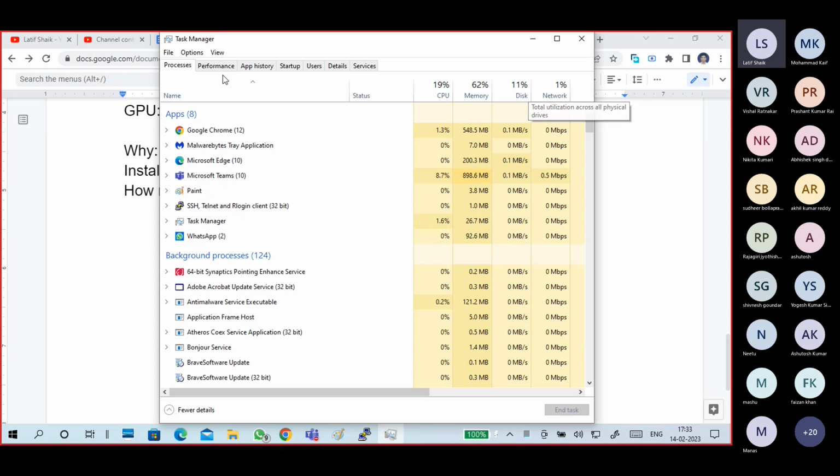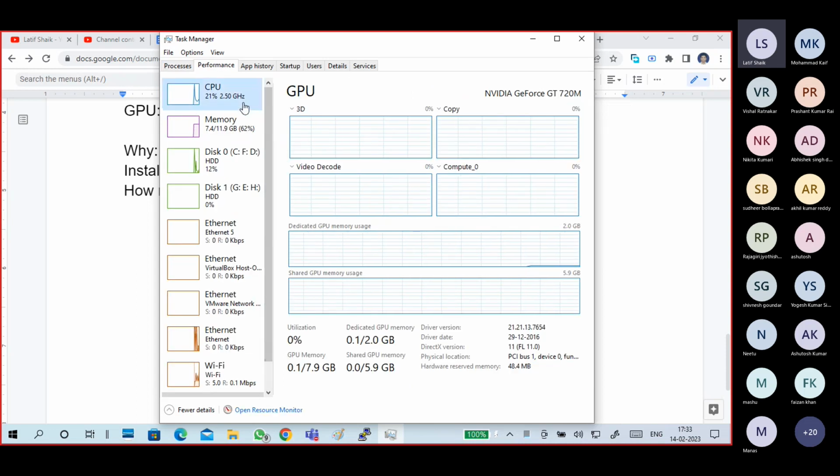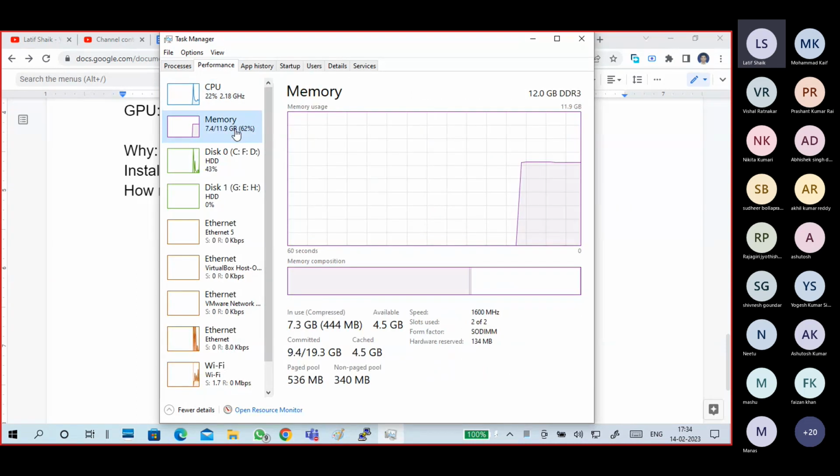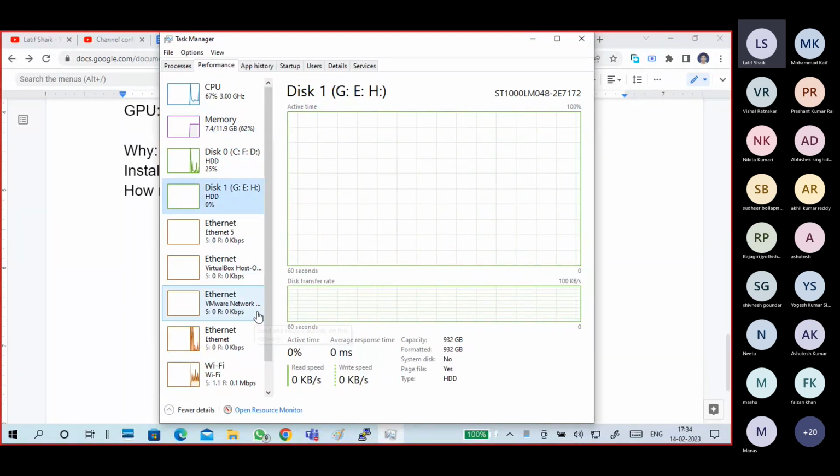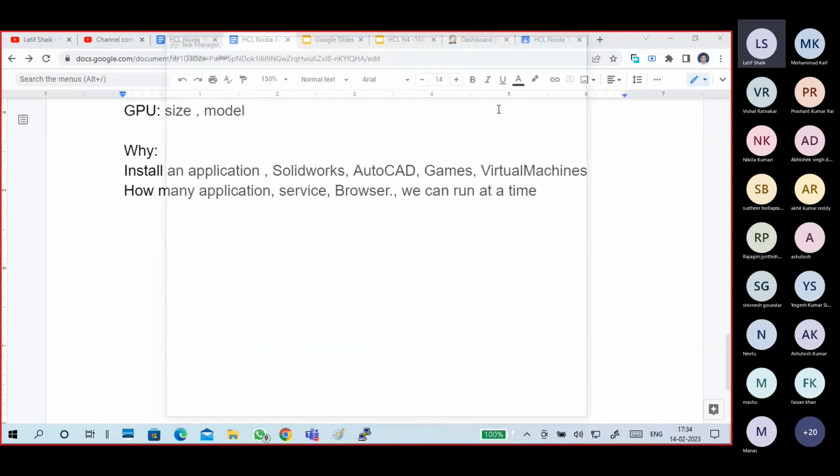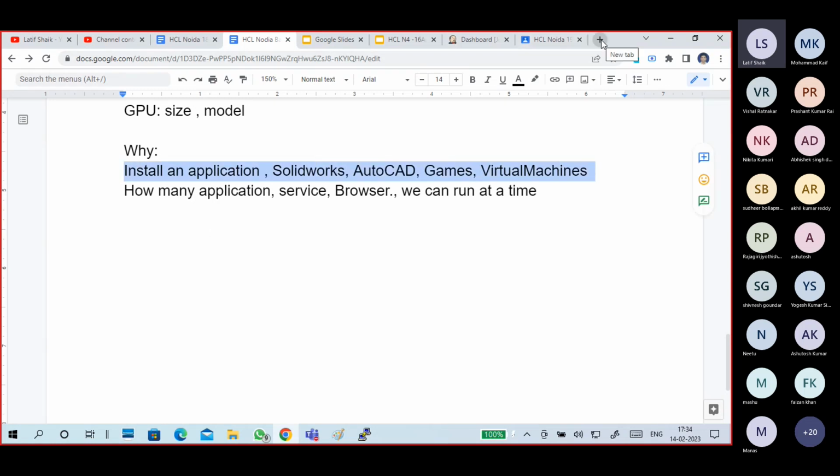If system utilization is high, the system will hang and get slower than usual. So how to control it? If you know how to check your system configuration and what your system capacity is, you will work on it. First, I will show you the installation part.